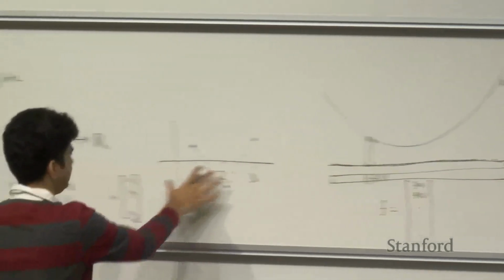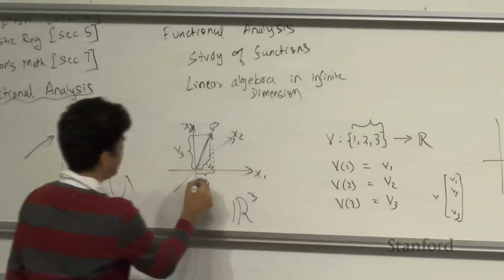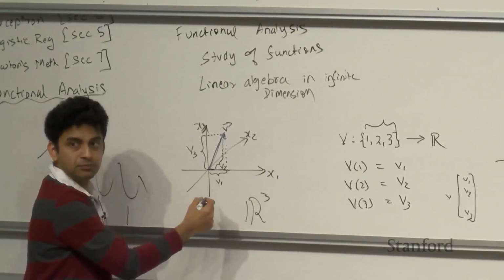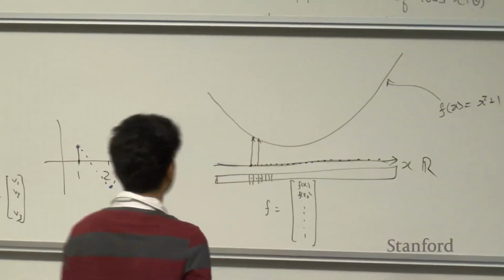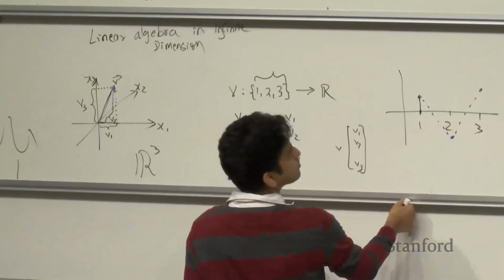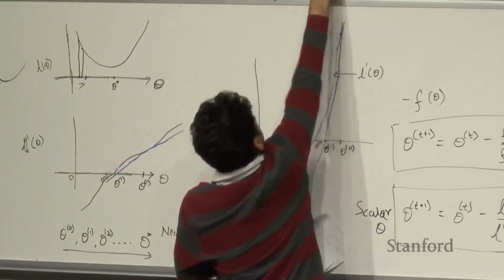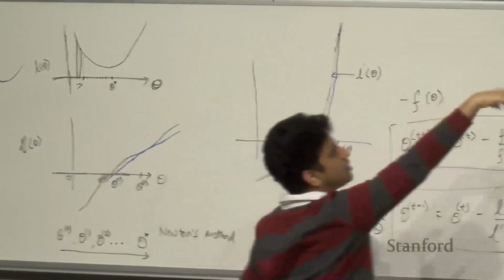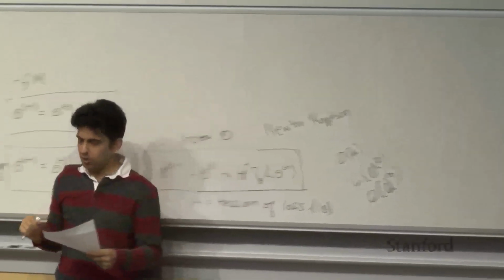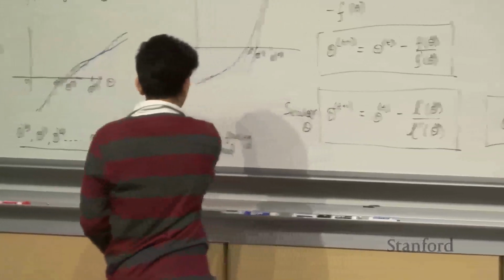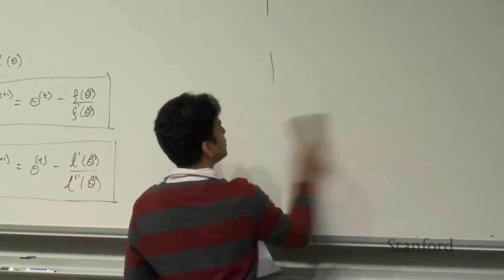right? Which is the same analogy from here to here, right? The value of the function at a given input is basically the coordinate value of the vector along that axis, right? Just extend that to infinite dimensions. Having this functional space, of functions being points in an infinite dimensional space, will be super useful for some of the algorithms that we're going to study, right? And to formalize this a little more, or to strengthen your intuitions some more,